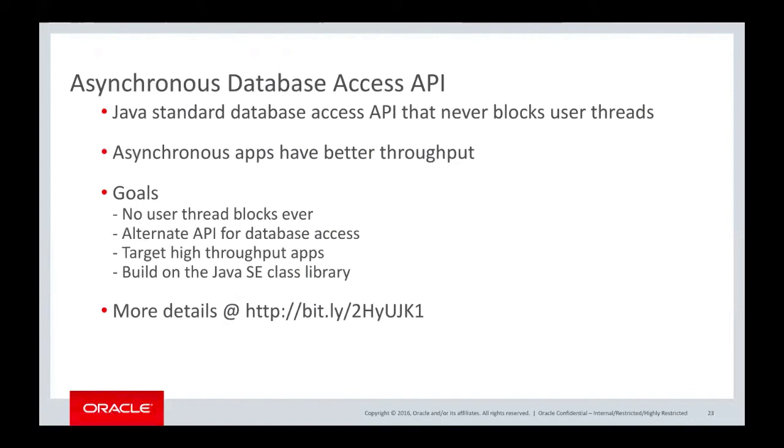So what if we delegate database operations to another set of threads, and they are always busy because they're doing all the database operations, and the user thread returns immediately. The user thread posts the work. At a high level, the user thread posts a database operation in a queue and returns. Another group of threads that the implementation provides will pick up the work operation, the task, and complete